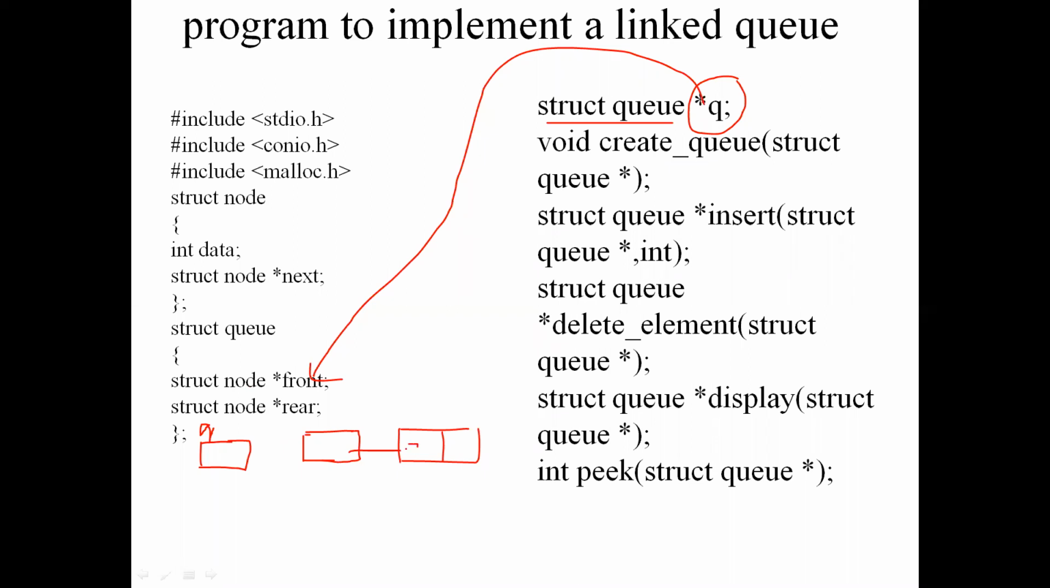One is data, and the other one is next. First field is data. Second field is next. First field is data. Next field is next. Okay. So front,